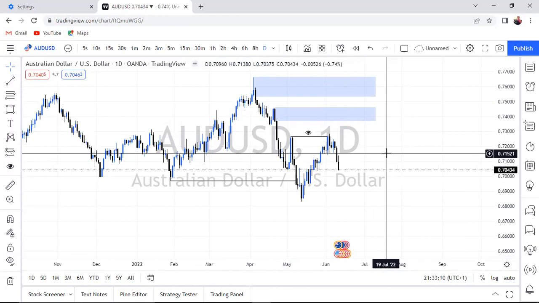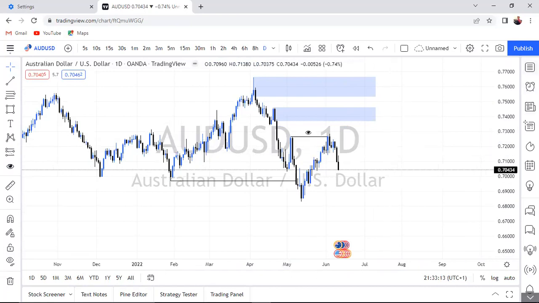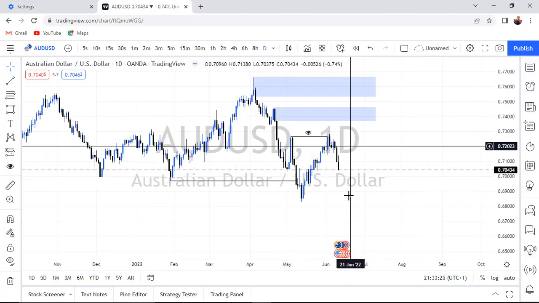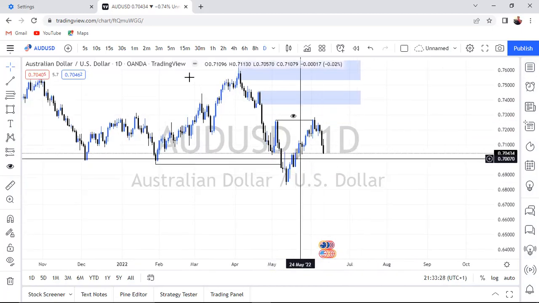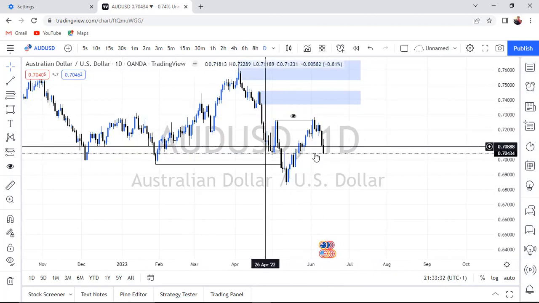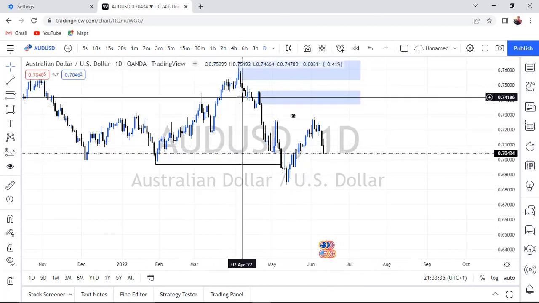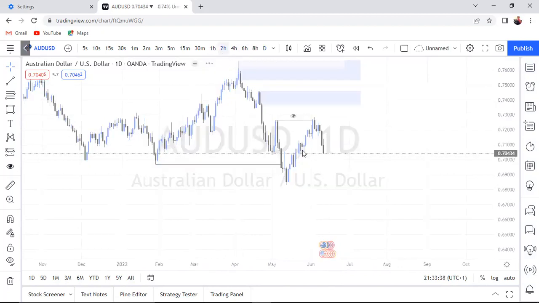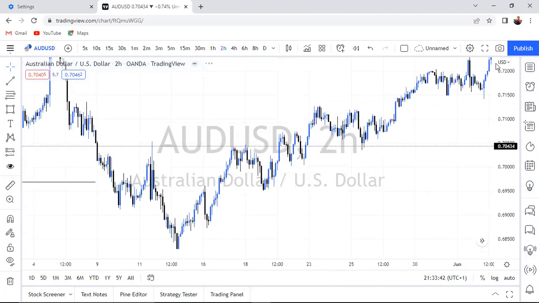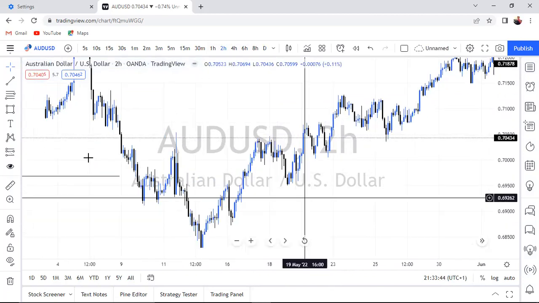That's why I just recommend trading one particular pair. If you look at my watch list, I only have NZD USD, GBP USD, Euro USD, and AU. This is DXY, dollar index. So for this, if you look at the smaller time frame, this little picture right here, I'm not even talking about the bigger picture at the moment. This little picture, we have a valid intention that market wants to change its trend.